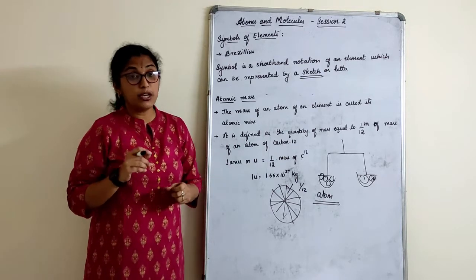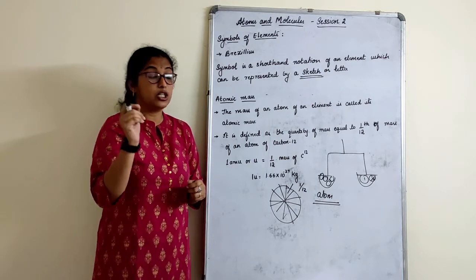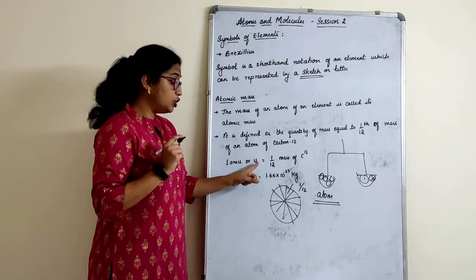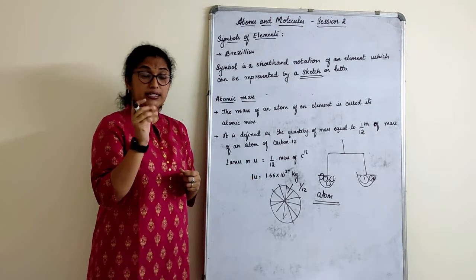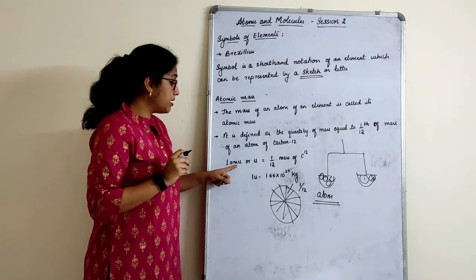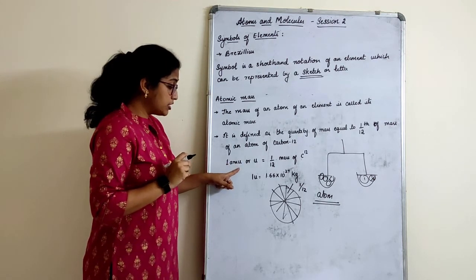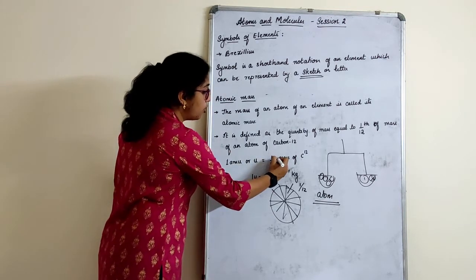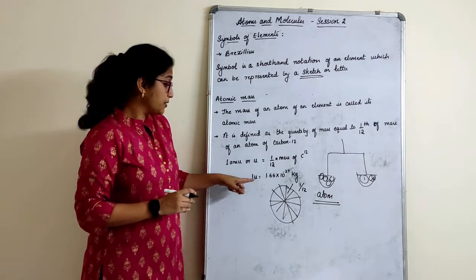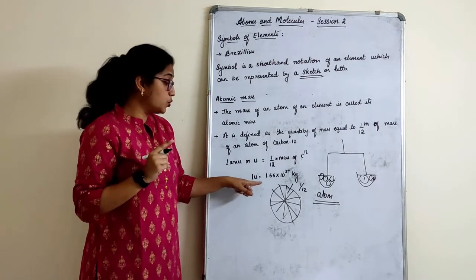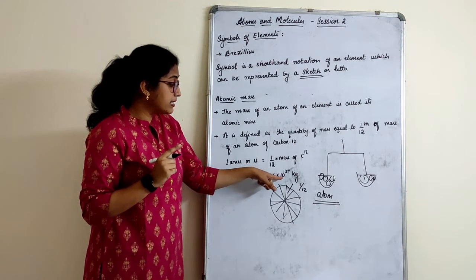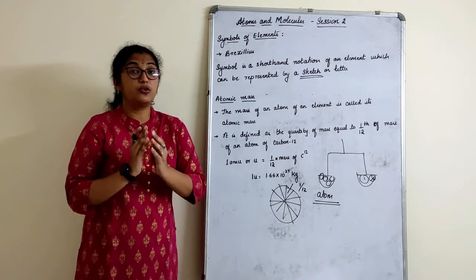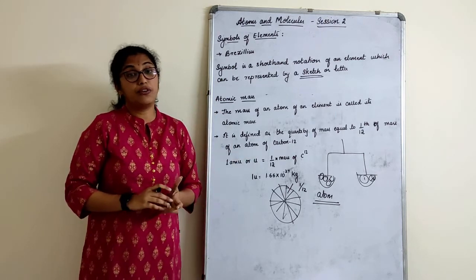One atomic mass is measured in terms of atomic mass unit, which is read as AMU, or simply it is read as units. It is unified as units. Units is nothing but atomic mass unit. So one atomic mass unit or unit is equal to 1/12 the mass of carbon 12 element. So 1 unit, that is 1 AMU, is equal to 1.66 into 10 raised to minus 27 kg. So with that respect, we are able to find the mass of a given element.